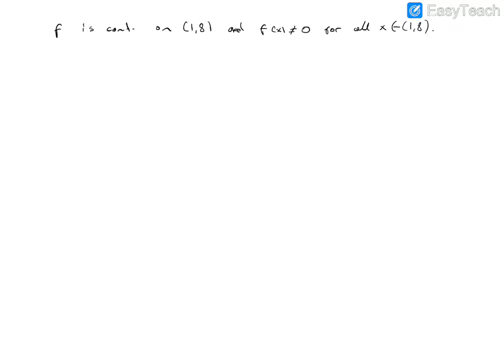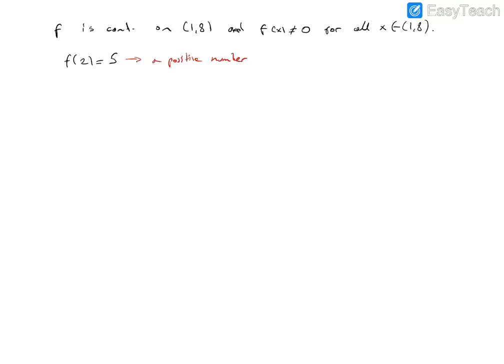And suppose also f of 2 is 5, for example. f of 2 equals 5, which is a positive number, okay? This is the important part. If it is negative, it can be changed to positive. Is it possible for the function f of x to be negative for any x in the interval 1, 8? The answer is no, it is not possible.